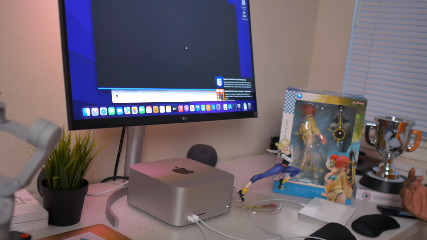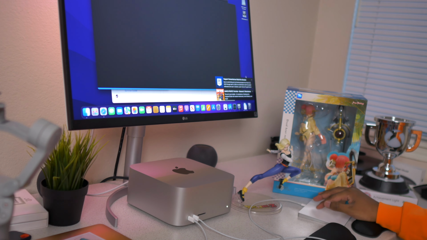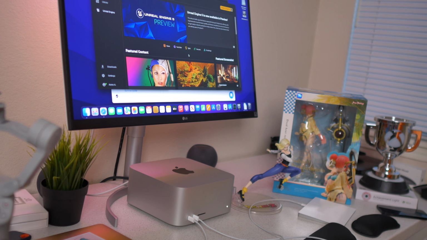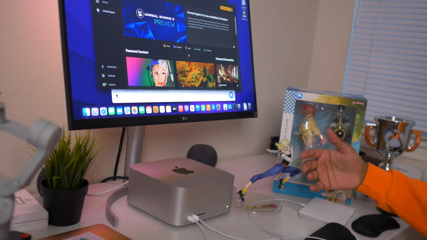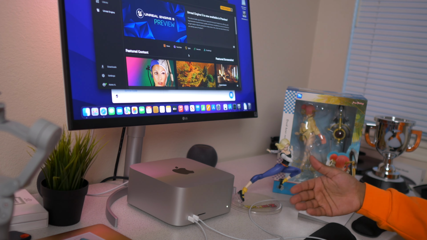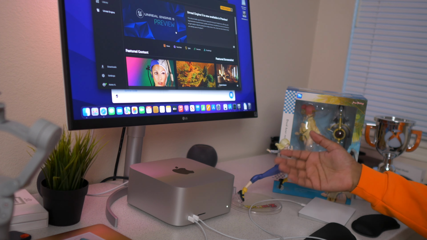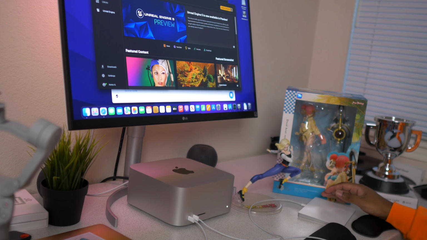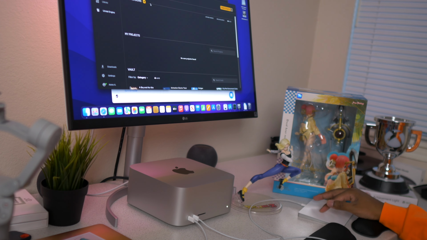Do I think this machine is enough for development? I think it's enough for development, especially if you are doing web development. It would be cool. And granted, I don't want to look at it as, oh, the base model is bad, because this chip is the same one that I have in my M1 Max. And just a few months ago, this was the bells and whistles, the highest thing. So the base model can do anything that you want,